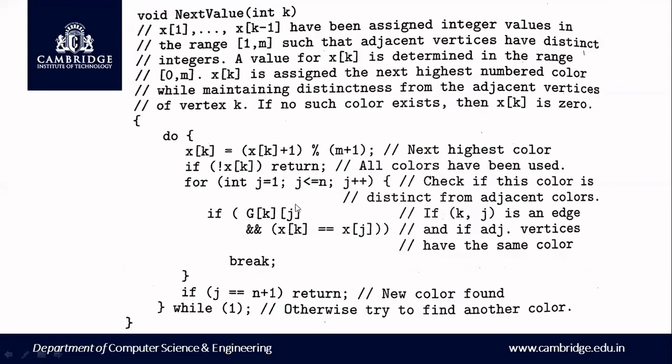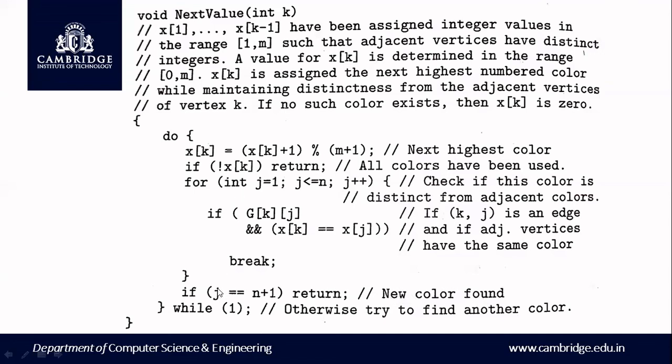Now, once we come out of the loop, we check the status of what caused the break of this loop. If it has checked all possible nodes and there are no conflicts, then whatever color it has assigned becomes a valid color. That means if j is equal to n plus 1, this loop runs completely and no more clashes are there, then the assignment of that color is valid. So therefore we return, indicating that we have assigned a new color.